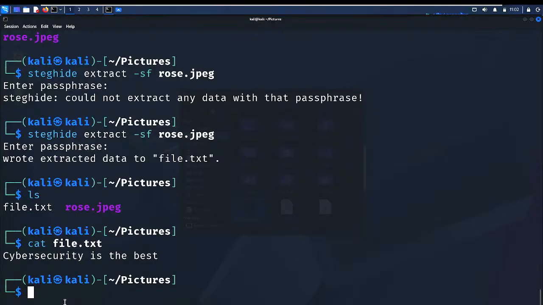So it's like telling someone, I want to send you a message, and I don't want any other person to see it. I send you an image. Okay, now I'm writing. My wife is coming.